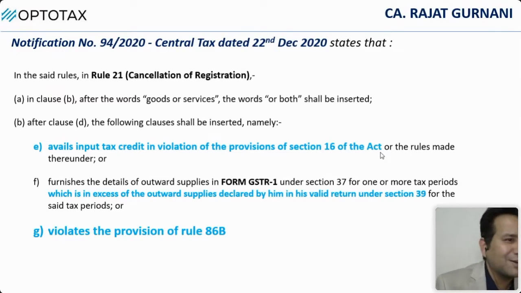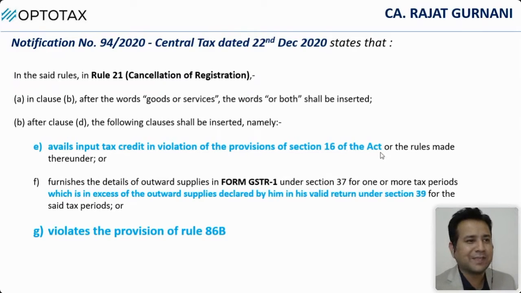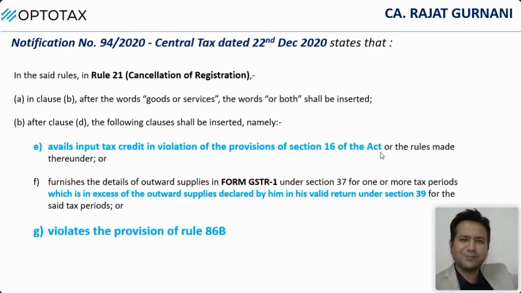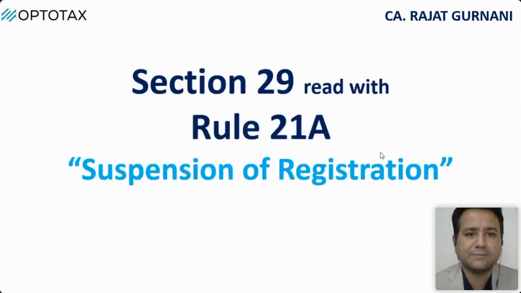Almost 350 plus professionals I can see on my screen, and the best part is they stick to the presentation. They're thinking, what are we studying today? So let's open our mind. Let's take a deep dive into the provisions of the law, rules, notifications, what is actually happening. We don't even know this is happening, and we are thinking we will do the 2A, 2B reconciliation. Your registration is liable to be cancelled. Section 132 imprisonment, section 122 penalty. There are so many sections coming up. Provisions of the law, right? So the provision of Rule 86B, for the time being I'm keeping on hold. We'll discuss Rule 86B in detail.